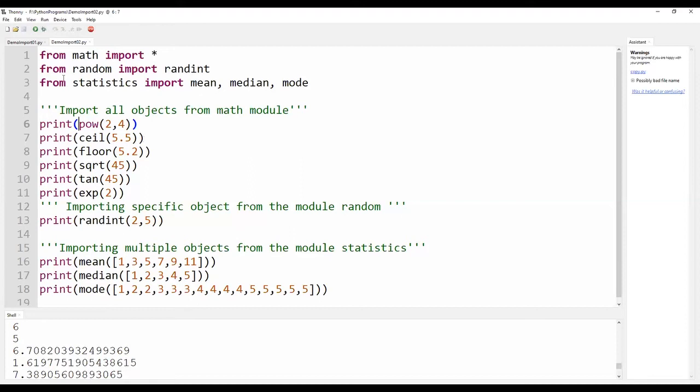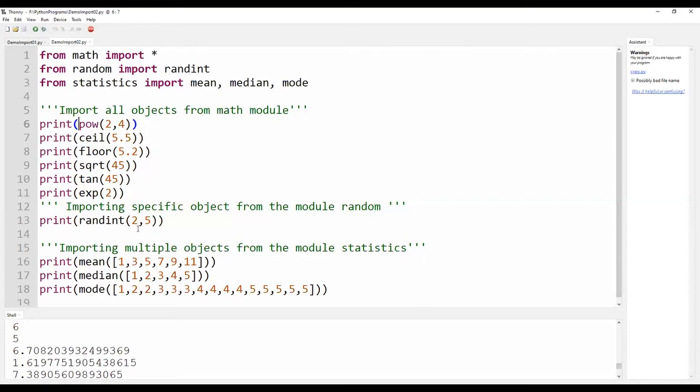The other thing is, with respect to random, I am importing only one single object, namely randint. Randint is going to give me a number between 2 and 5. This is the only specific function I can use with respect to random.